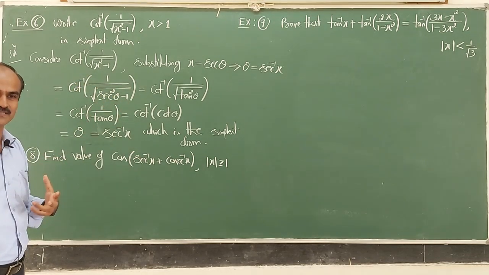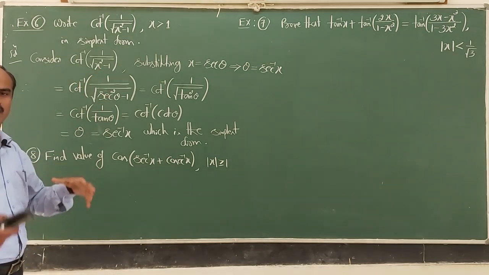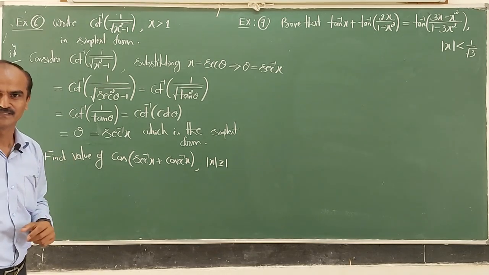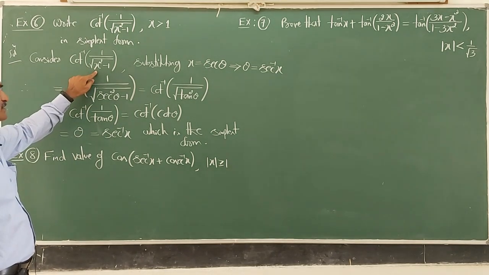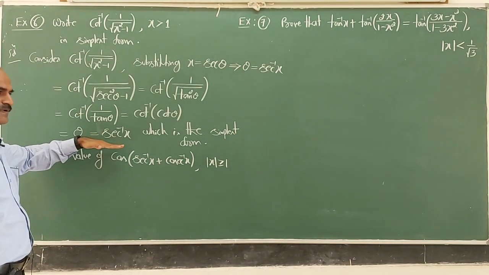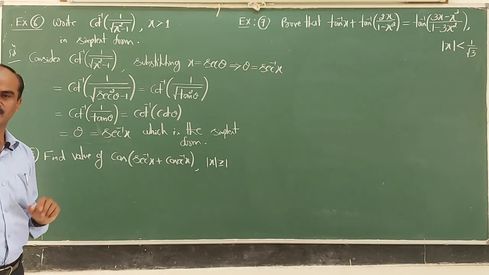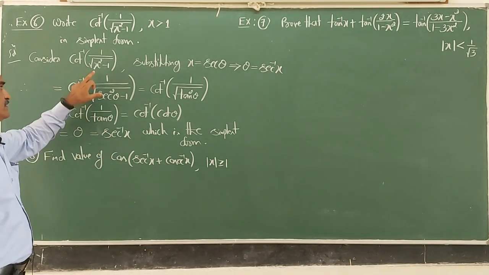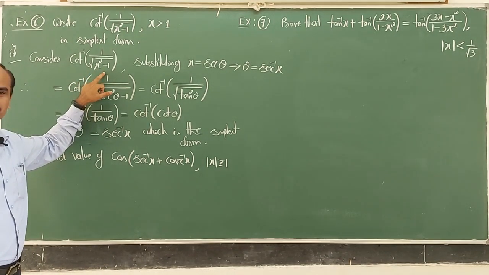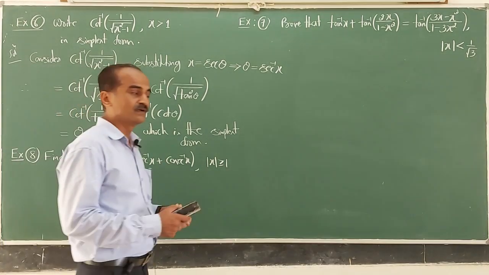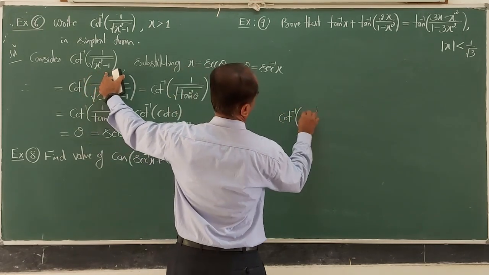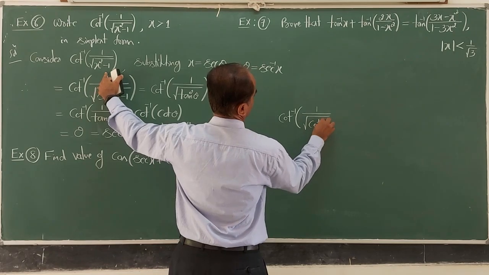By substituting a trigonometric function, directly or maybe after some alteration, you will be able to get a standard identity. So that is a hint for this. Now if I substitute, secant square minus 1 is a tan square. So we go on simplifying, and we are able to get the simplest form. Even suppose instead of secant, I substitute cosecant. Cosecant square minus 1 is also a standard form. What is cosecant square theta minus 1? Cot square. In that way, what does that expression become? Cot inverse of 1 divided by square root of cot square theta I get.